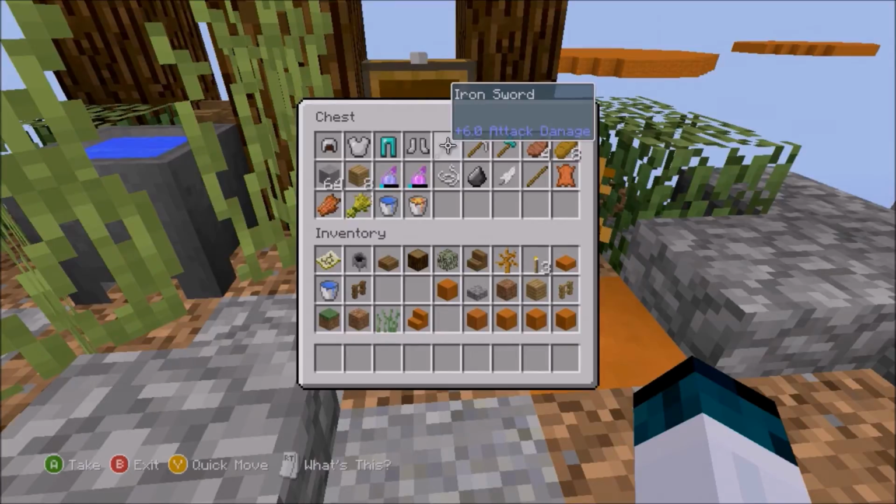I think I want to do stone, iron, or diamond. They can get a stone, iron, or diamond sword from their thing. Maybe have 2 swords in their thing. I'm not really sure. Pickaxes, we can have iron pickaxes or diamond pickaxes, and then same with the diamond axe,